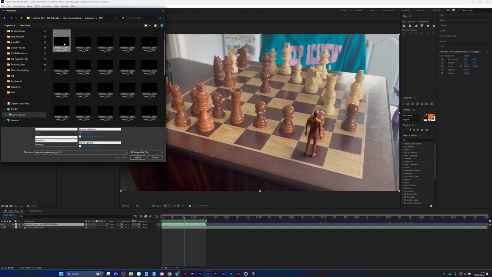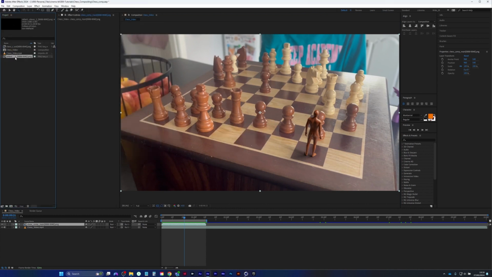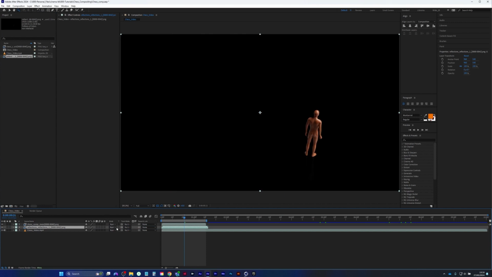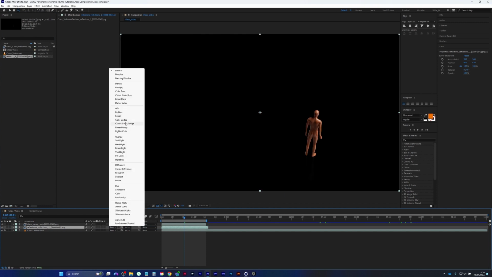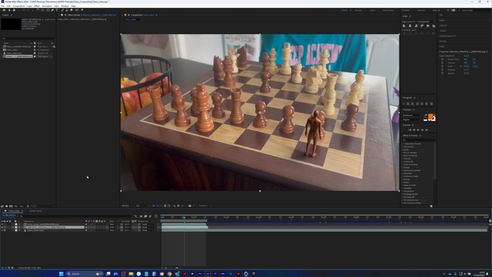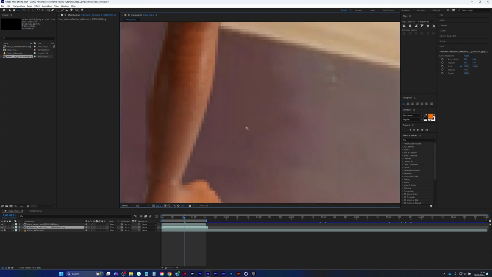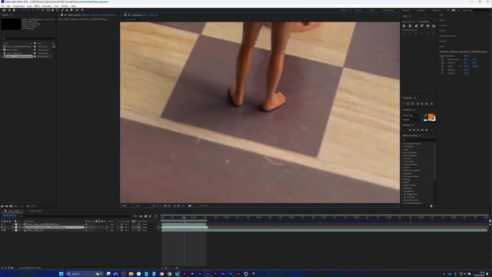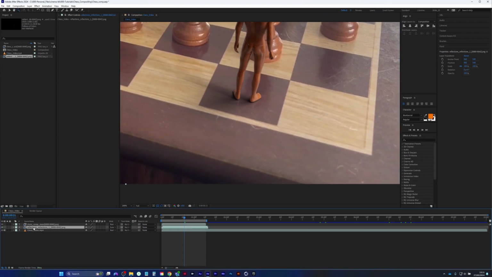Let's grab this and just double click. We can bring this beneath our main render. We need to set the blend mode here to screen. Now if we turn this off and on, you can see our reflection is now more visible, and we have control over this now in the sense that we are able to duplicate this